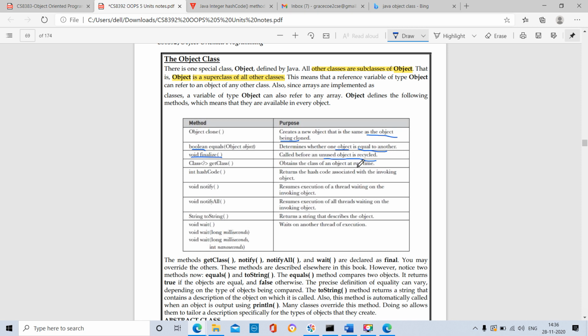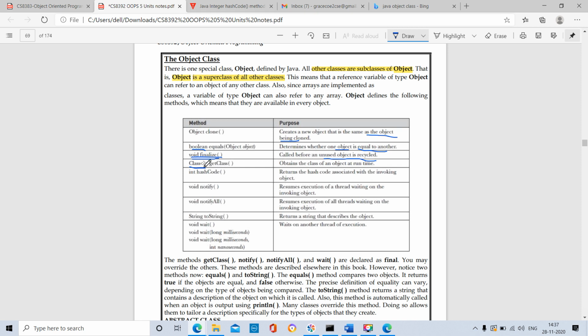So those unused objects are removed, and before removing or recycling the unused objects, we call the void finalize method. This void finalize method will finalize whether we are going to remove the particular object or not.